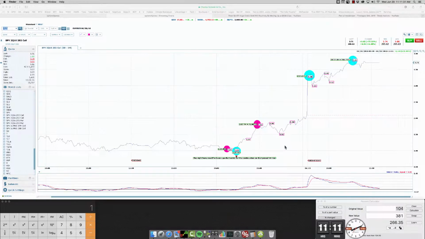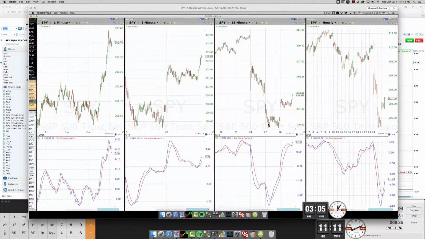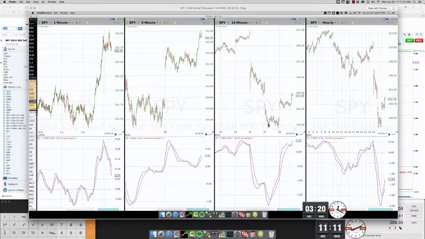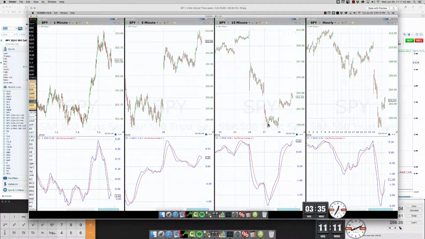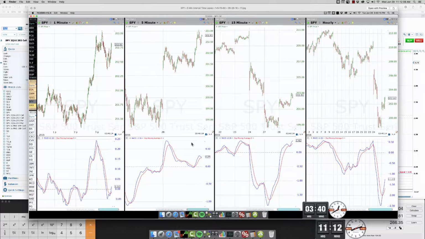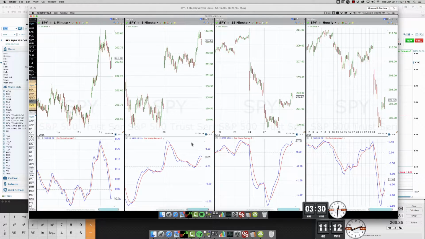So at 3 o'clock, you have this pullback, and the pullback takes a while to play itself out, because take a look at how that 1 minute builds a head and shoulders in there, and so it plays on the 5-minute, and downside pressure over here on these 15. So you take a look at the price length versus indicator. Then you have the 5-minute on a negative divergence and the 1 minute on a negative divergence, and obviously the 10-minute that I showed you. So that plays itself out.